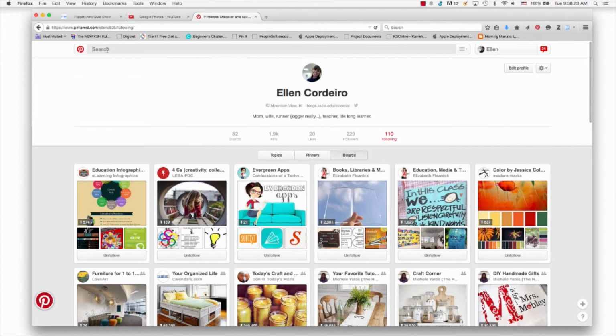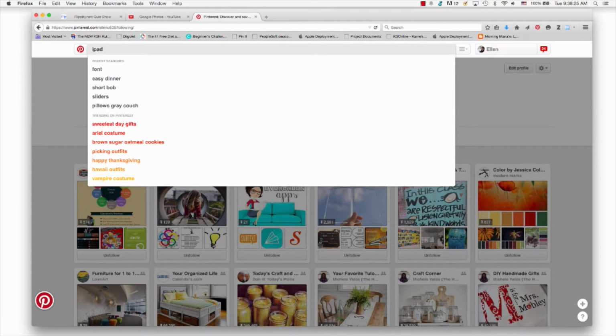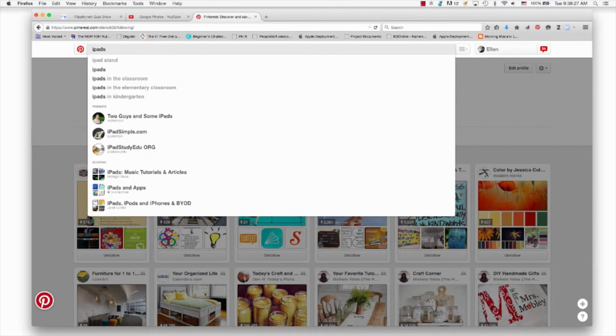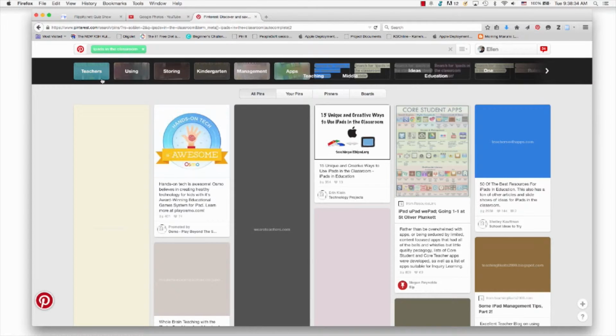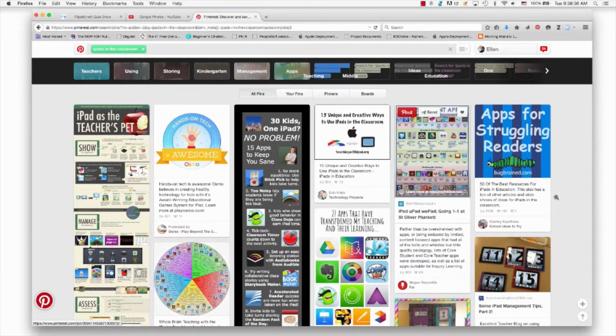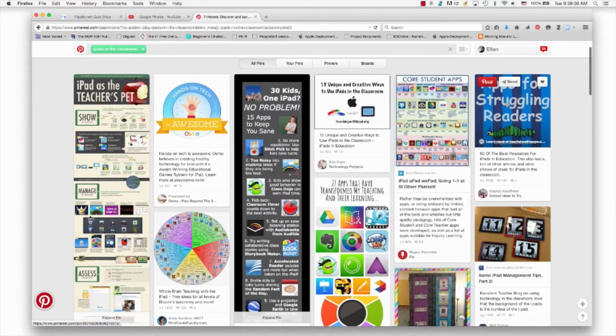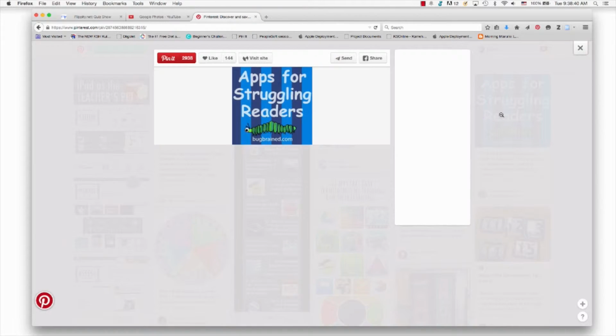If I want to search for something, let's say I'm interested in iPads and education, I'm just going to type in iPads, and we see iPads in the classroom. So a whole bunch of different pins will come up about using iPads in the classroom. So, apps for struggling readers. I can click on that,